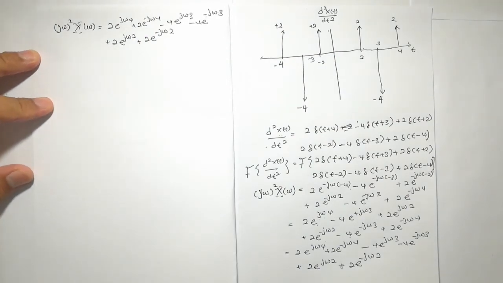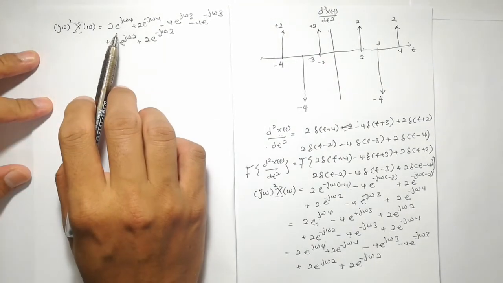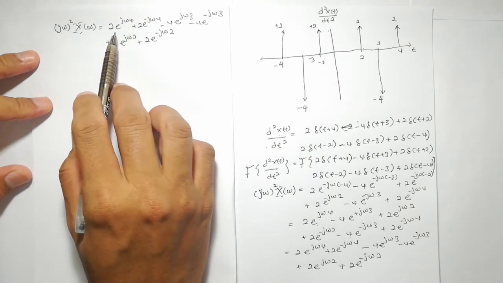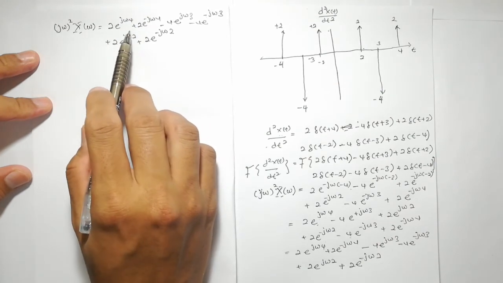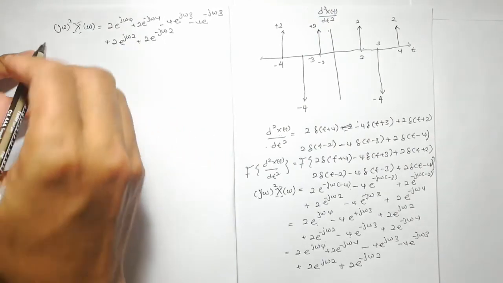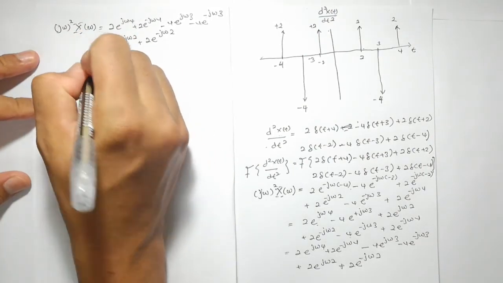Alright, so the next one is that we can use a Euler relation so that we can represent this complex exponential into cosine term. So we have 3 cosine terms that we can produce. So let's do it. So this will be equal to,